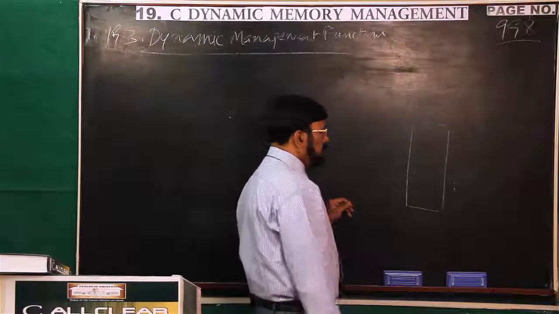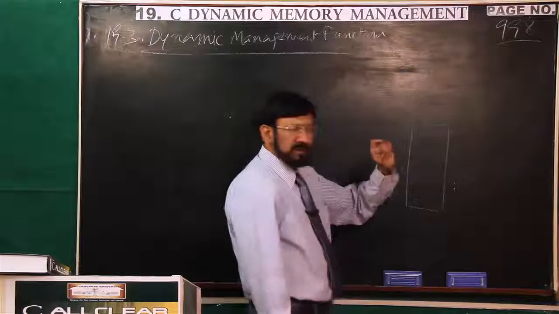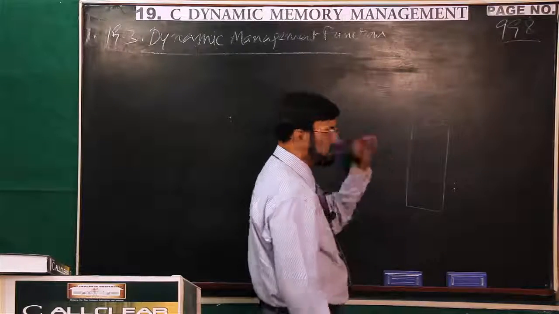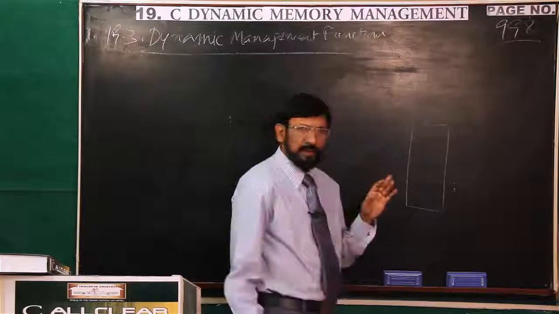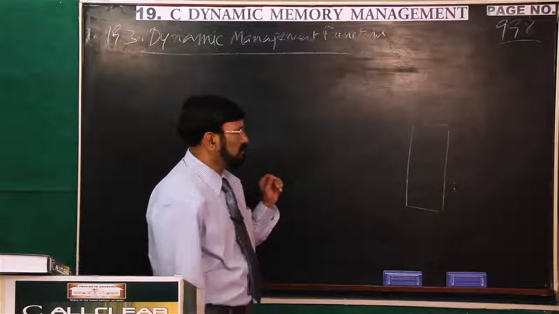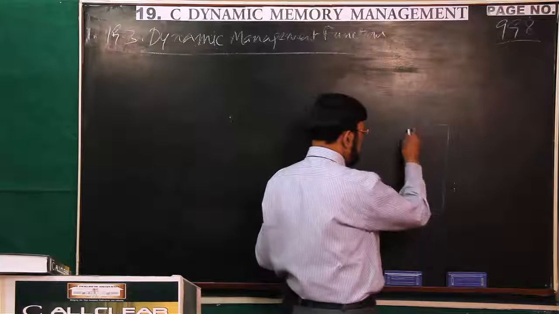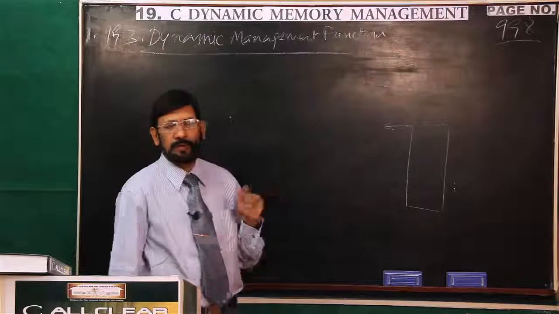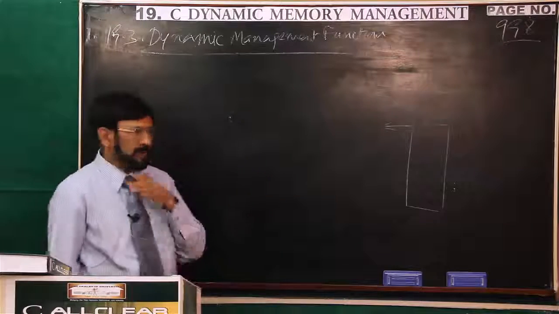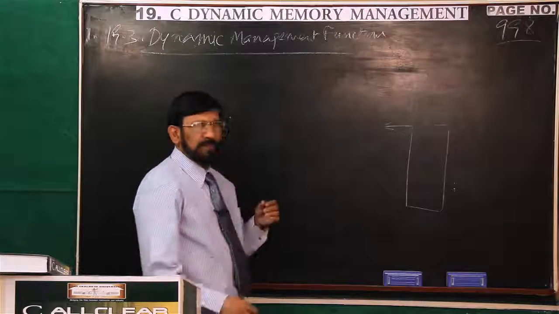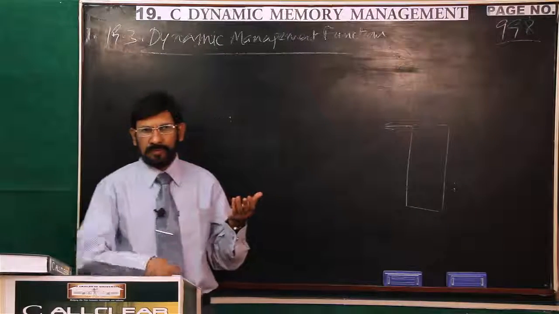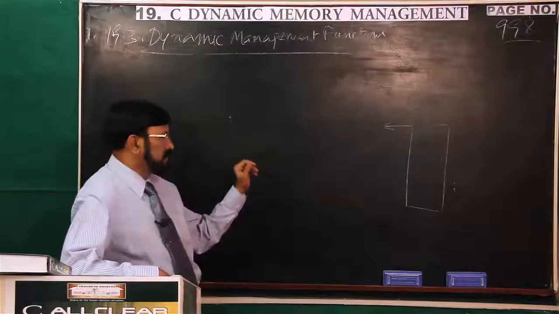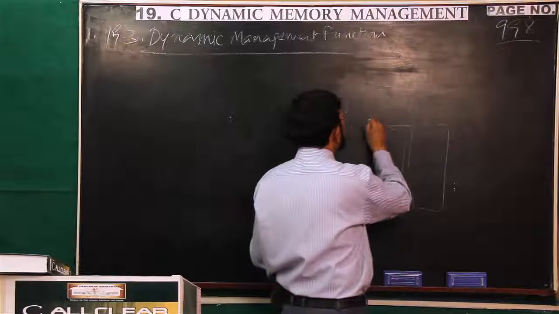Next, if the space is allocated on the stack, we can give a name and we can access it. But here, on heap memory, we cannot give names. Then we can get memory allocated and it returns a pointer. Returns a pointer. That point you have to remember. The malloc function allocates whatever amount of memory we require and returns a void type pointer.